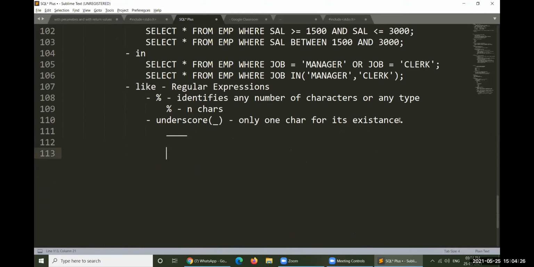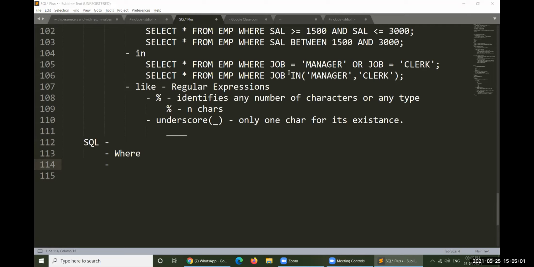Let us consider today, in SQL only, that several other clauses are available with the SELECT statement. The first one is the WHERE clause, which we have already seen, and the second one is the GROUP BY clause.